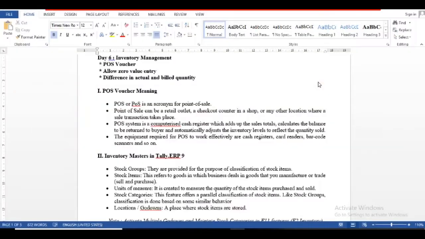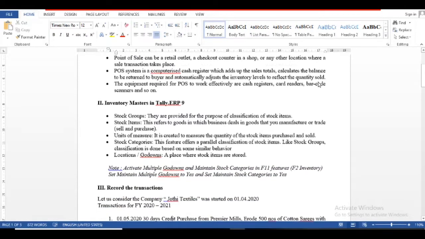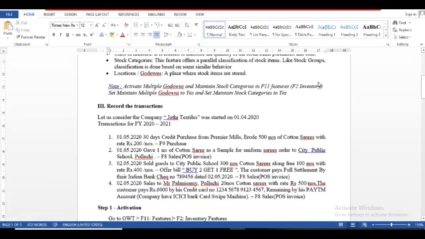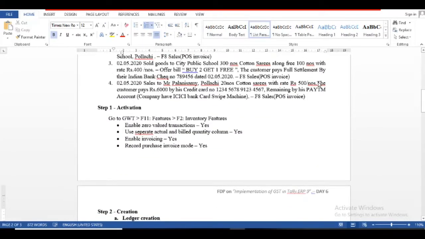So I enable these 4 options: enable zero value transaction, use separate actual and billed quantity column, enable invoicing, record purchase invoice mode. I easily enabled them. Then I move to step 2 creation.